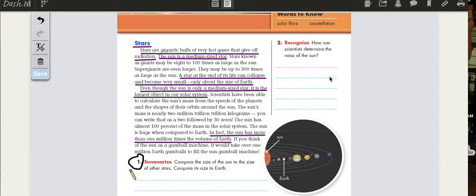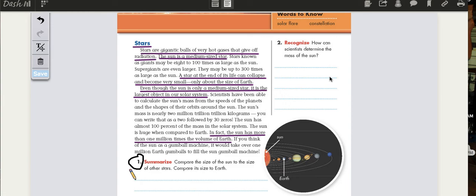Okay, so we have different kinds of stars. We have the big ones, even bigger than the sun, small ones, some very old ones, and some new ones. But did you know that they are classified into groups? Actually, scientists use the color of the star to tell what temperature they are. And according to this, they classified the stars in the sky into three important groups. We have the red dwarf stars.